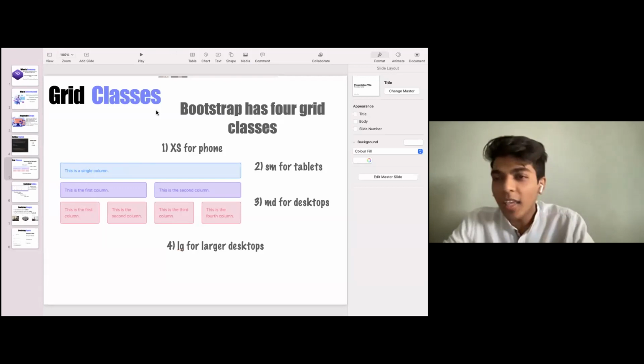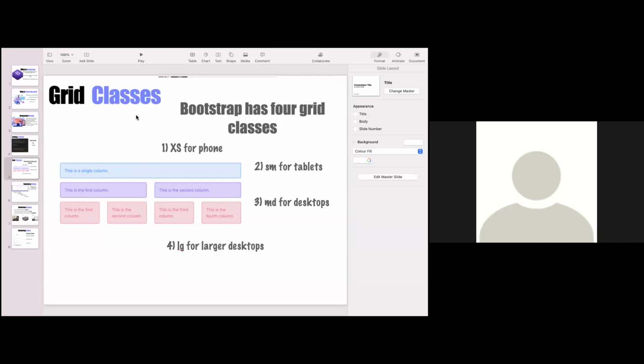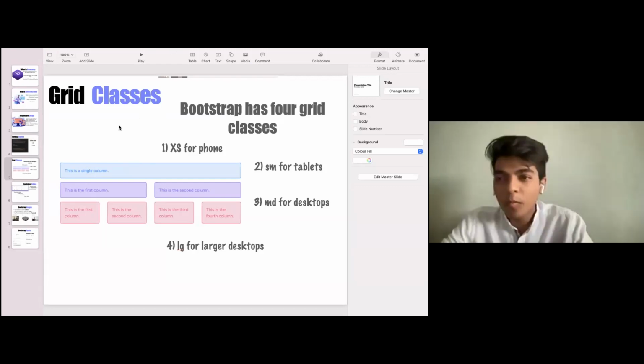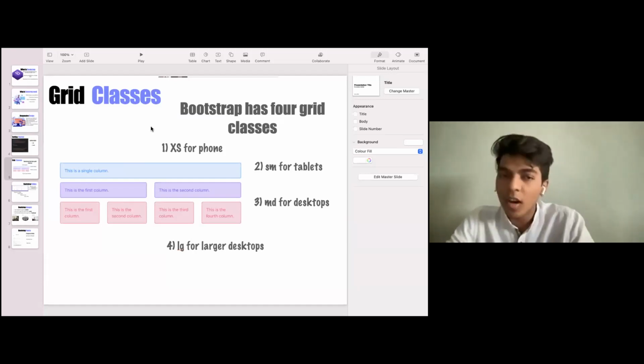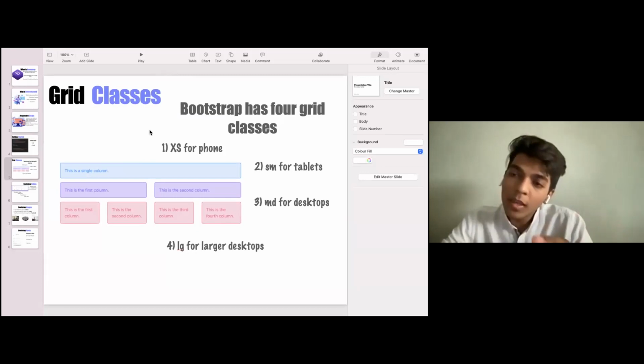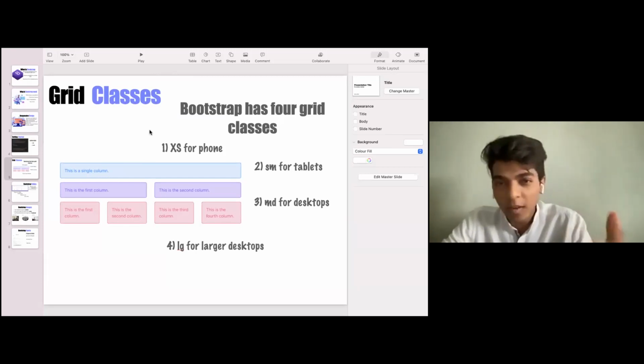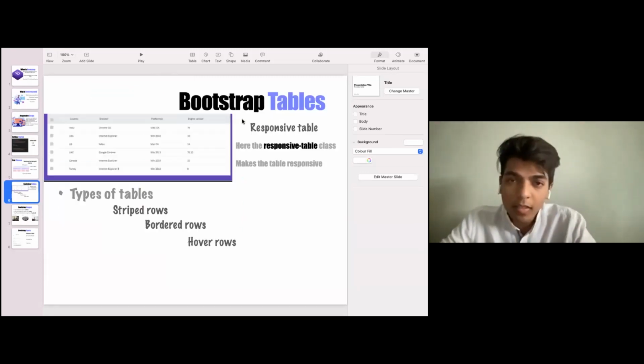So I hope this may be going a little over your head. This is a very advanced part from tomorrow. I know that some of the people would not be understanding it, but let the seminar get over. I'll be giving you a hands-on experience on this also. We'll be going through the code step by step, and I'm sure that you would be getting a clear idea about this. If not, then tomorrow we'll be arranging a doubt session for the people that don't understand it. They can share their screen, they can clear that doubt, and we'll be reciprocating it to them one by one. So this is what the grid system is.